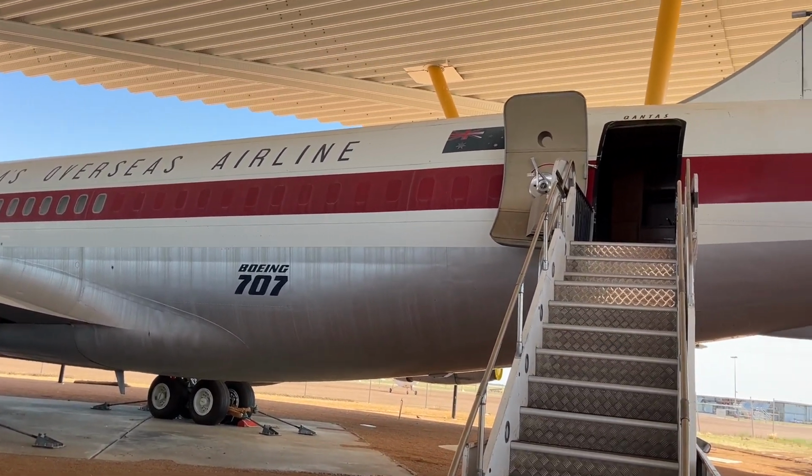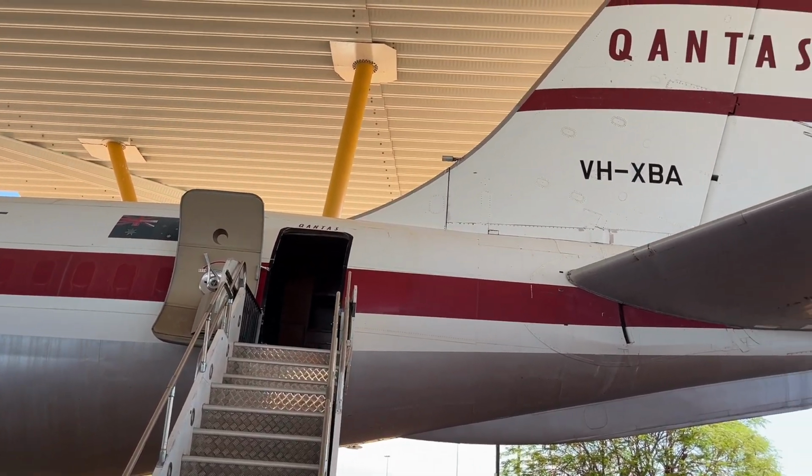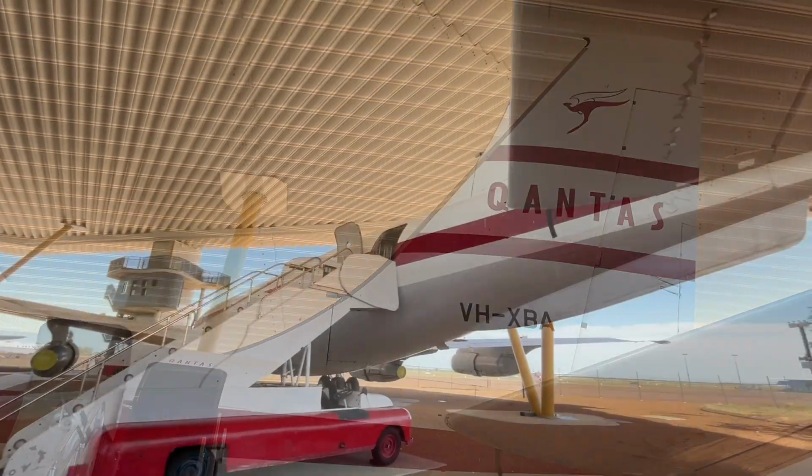Was now entering the jet age, and it was the 707 that actually introduced to the flying public what was known as jet lag. Now, the 707 was considerably faster than